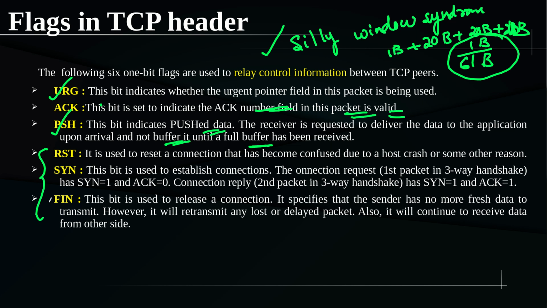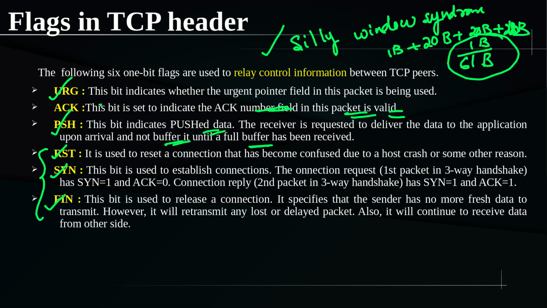And RST, SYN, FIN, they are all dealing with connection management. Particularly for establishing a connection, we use SYN, in the sense of synchronize. That is what is shortened as the SYN flag. And for finalizing a connection, when you want to do the disconnection, some packets will be communicated, and in those packets the FIN flag will be 1. And RST is for restart. So in between you may want to restart the connection. You can read why it is so. Sometimes you want to restart the previous connection, and at that time you can make use of the RST flag set to 1.